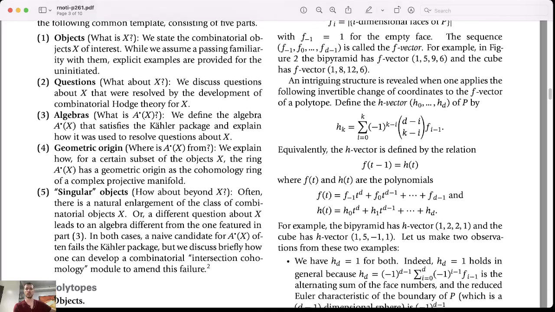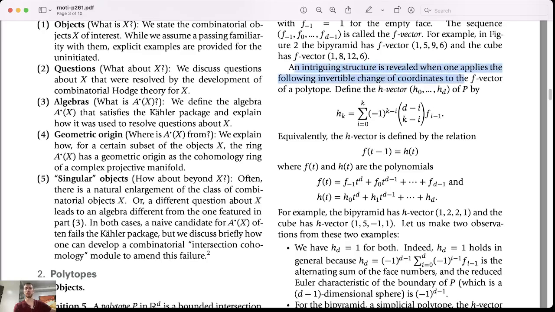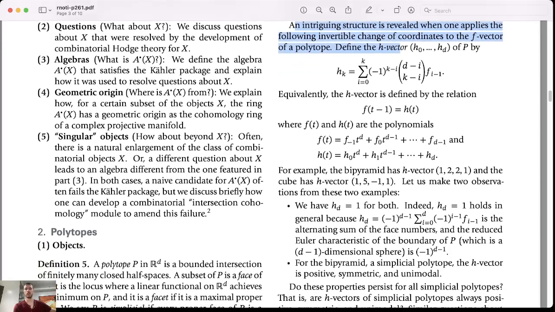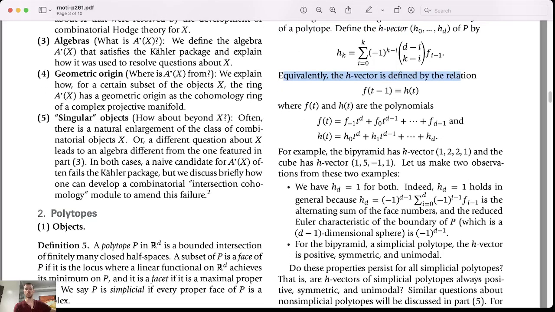An intriguing structure is revealed when one applies the following invertible change of coordinates to the F vector of a polytope. Define the H vector H0 through Hd of P by Hk equals the sum over I from 0 to k of (-1) to the k minus I, times d minus I choose k minus I, times F sub I minus 1. Equivalently, the H vector is defined by the relation f of t minus 1 equals h of t,